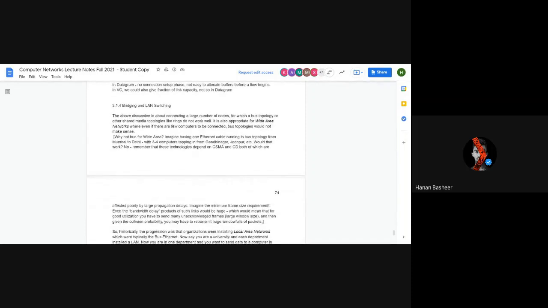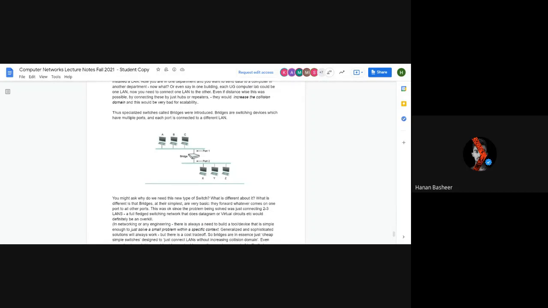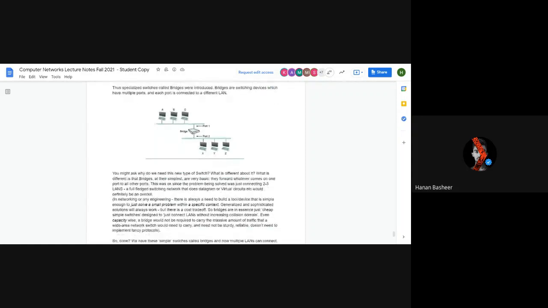Bridging and LAN switching. So bridging and LAN switching is actually involved using the strategy that a bridge is itself a small switch which is just designed to transmit from a particular port to some other port, whereas a LAN is the entire circuit of connection of networking devices.